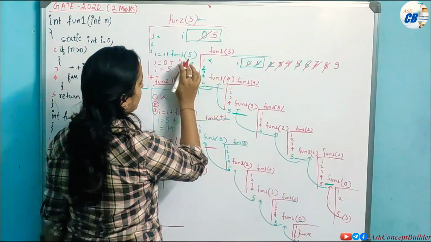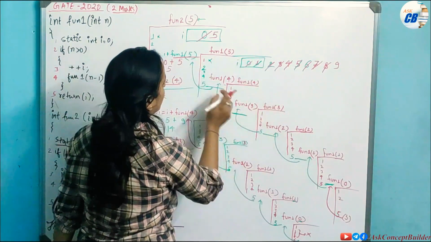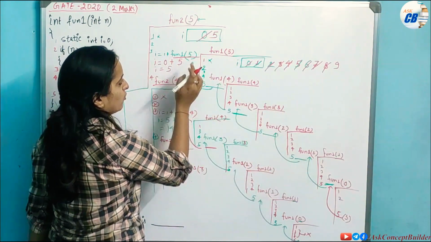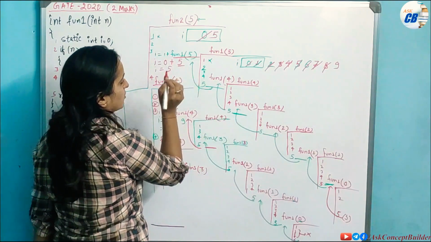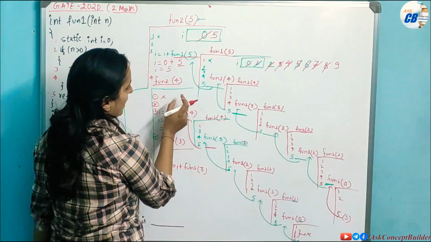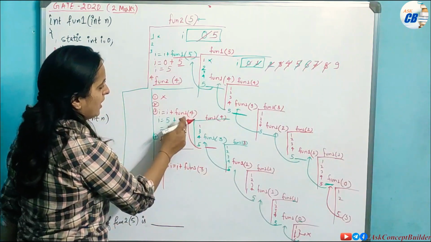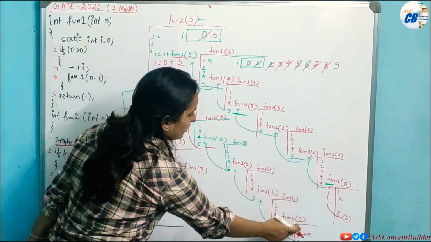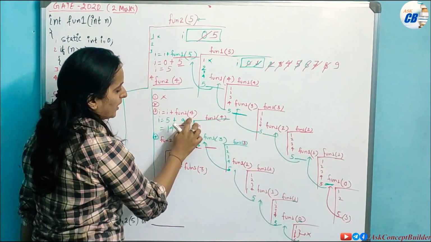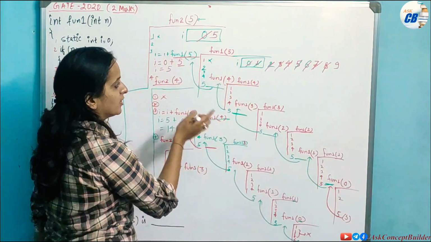When in fun2 5, fun1 5 was called, we calculated this one. When we passed n equals 5 here, we got the return value 5, and 0 plus 5 was 5. Now again in the fun2 4 function, when we passed n equals 4 in our fun1 function, what value did we get written back? 9. So what we are getting written back is whatever n we are passing, that is added with the I value, and that is getting written back.